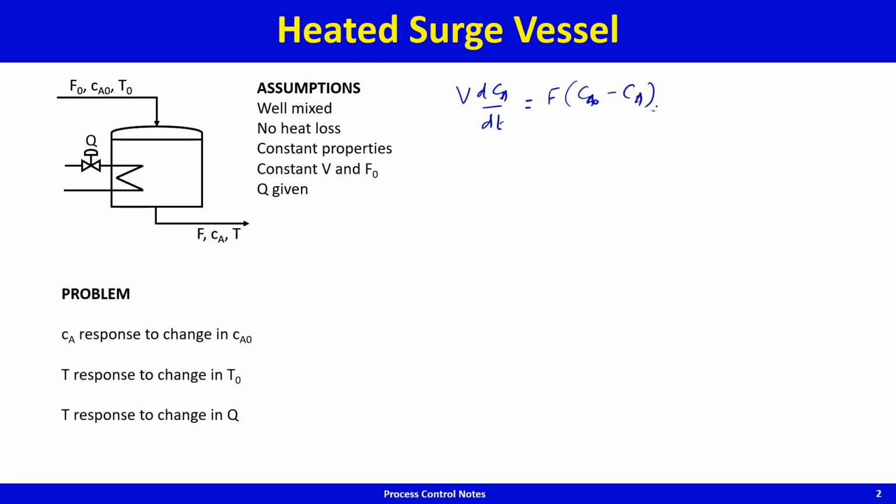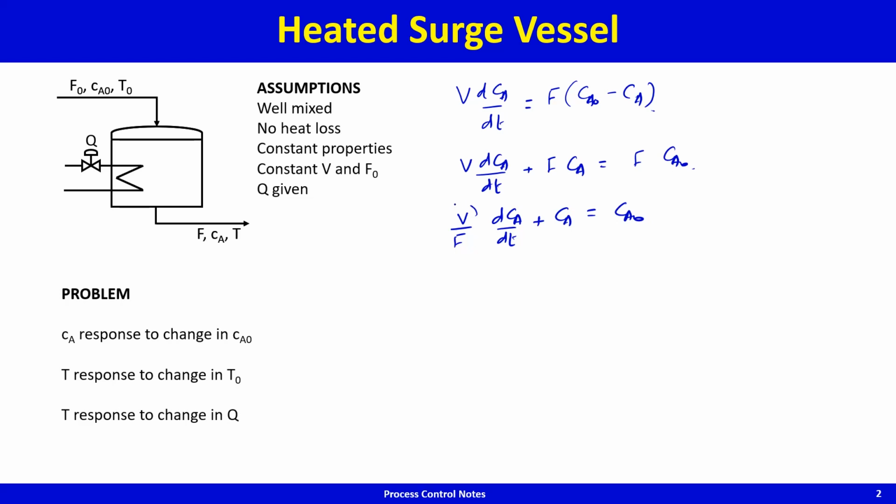So if you take all the Ca terms on one side, and this is equal to F Ca naught. Make the coefficient of Ca 1, and what you get is then dividing by F. So this is the governing dynamic material balance equation,